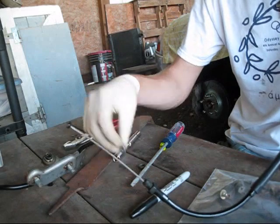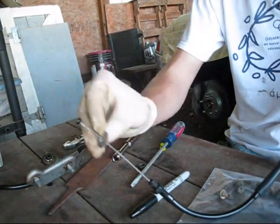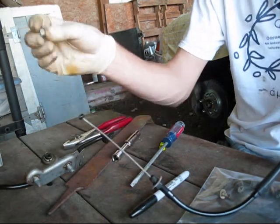So in this order, we're going to get a washer on this side in here like this. We're going to feed this through the firewall, and then we're going to put another washer